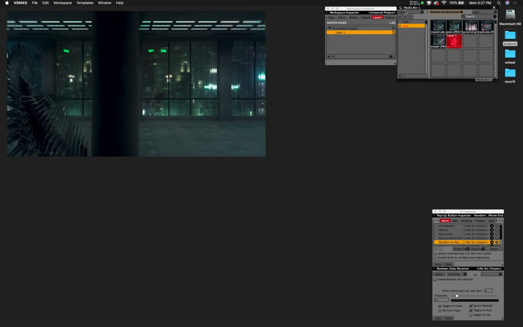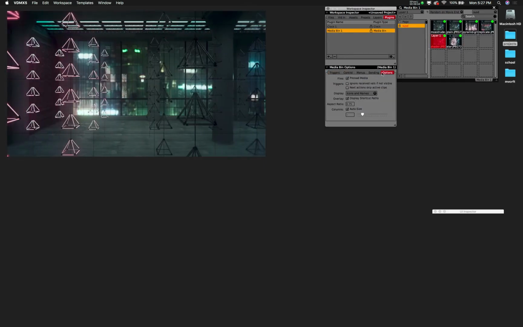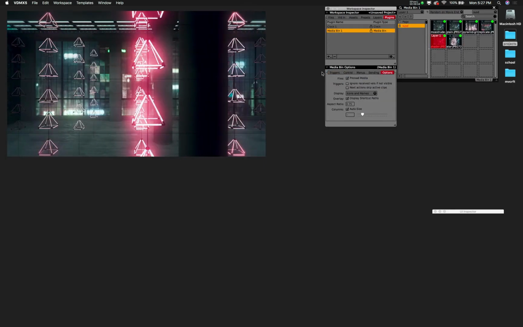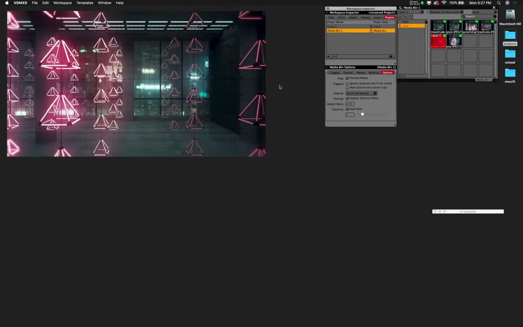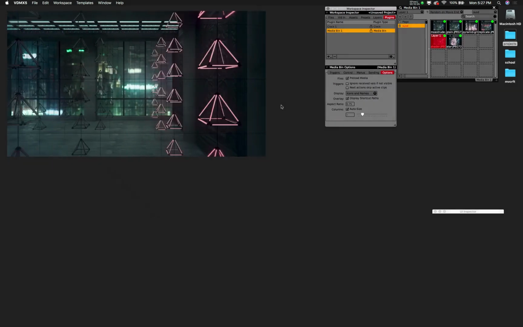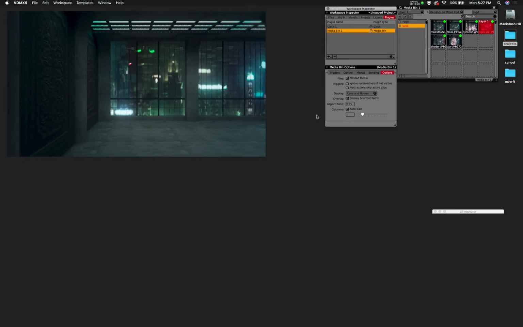Real quick, another quick tip. If I come in here to Media Bin 1 and come here to Options, I can also preload all this media. And that should help with the glitch you guys are able to see a little bit there when it's loading in the next video. This is going to depend on the performance of your system, of course, and you notice